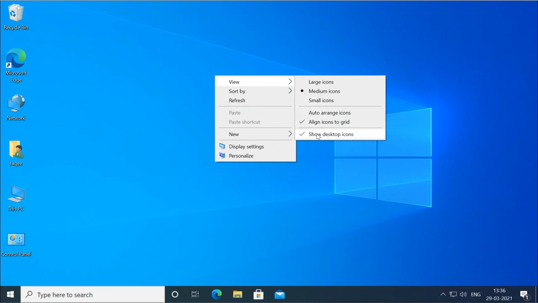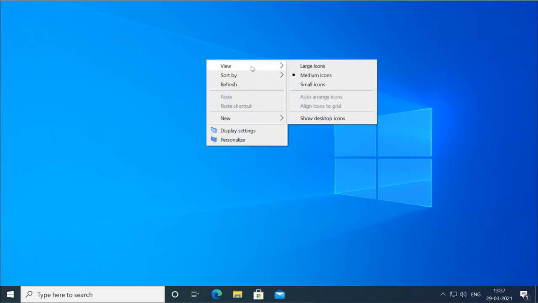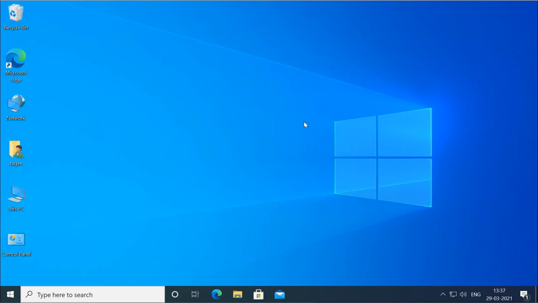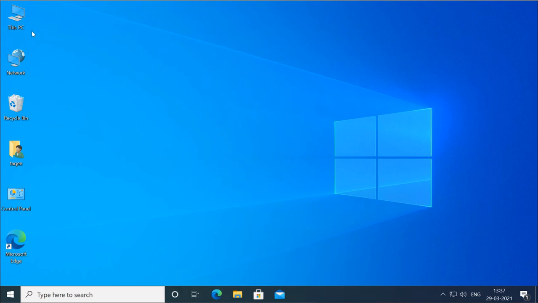These are the same settings we have. Or also you can refresh the desktop, and sort by name, size, item type or date modified. These are the icons you have on the desktop. So you can manage the desktop as you managed it on previous versions.